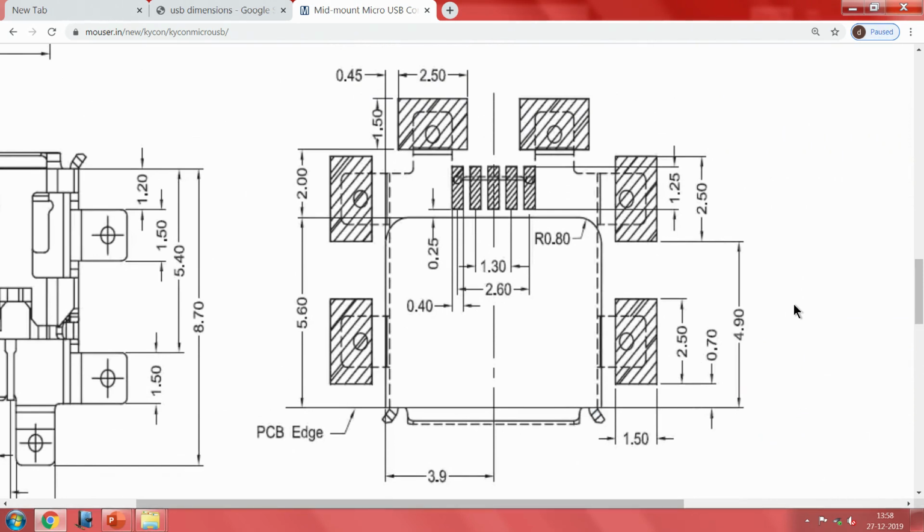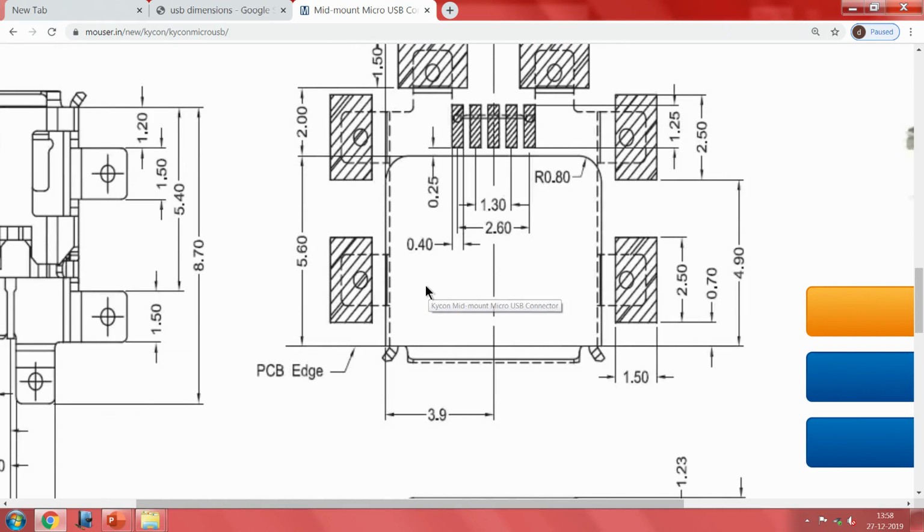So, the dimensions of the pads, how much it projects at the back, and the footprints of all the other devices are all given here. So, you can solder them or in some rare cases you can even put some screws and mount it. This completes the whole assembly of the device.